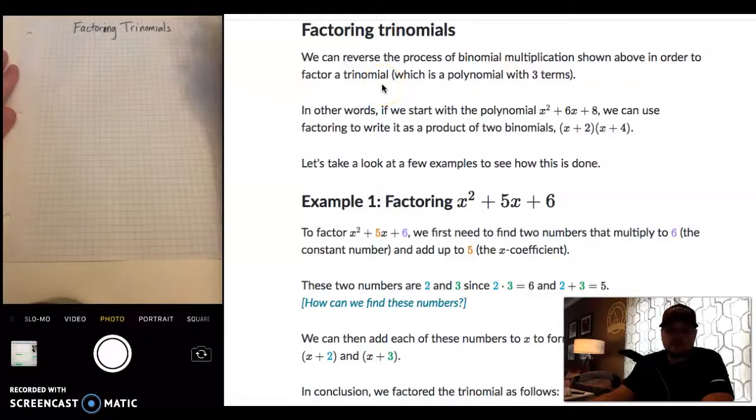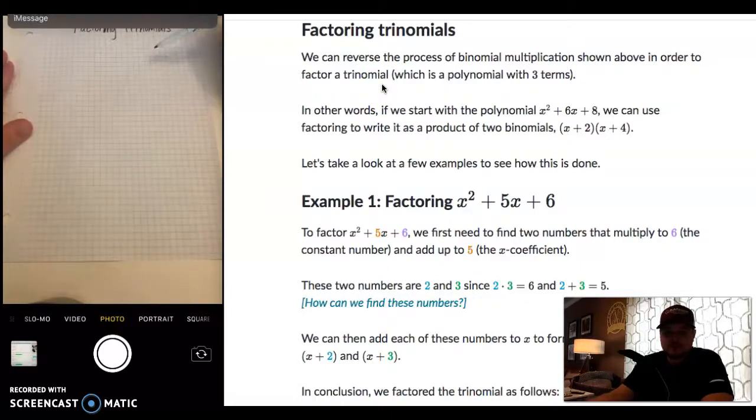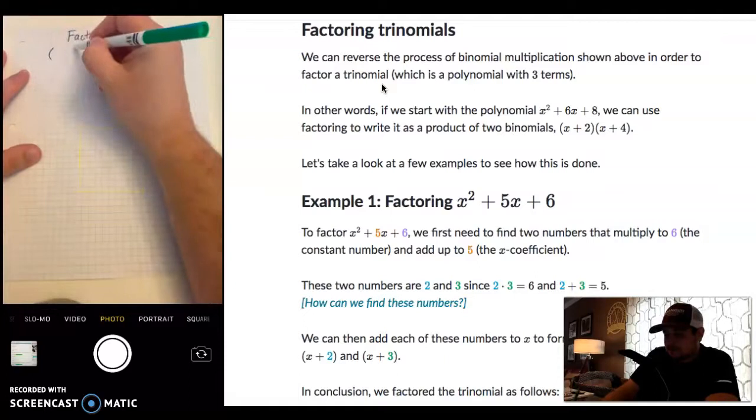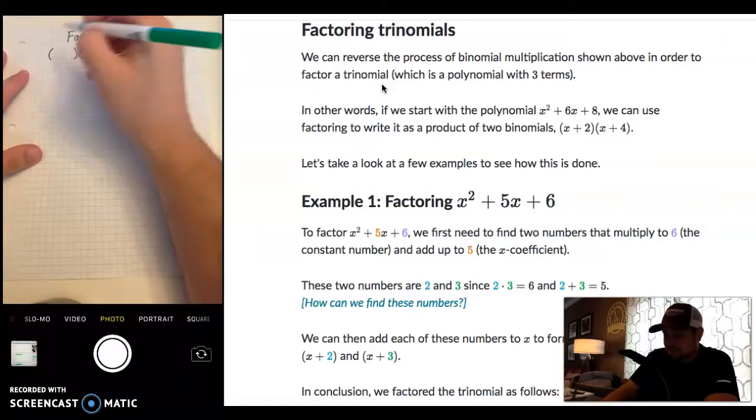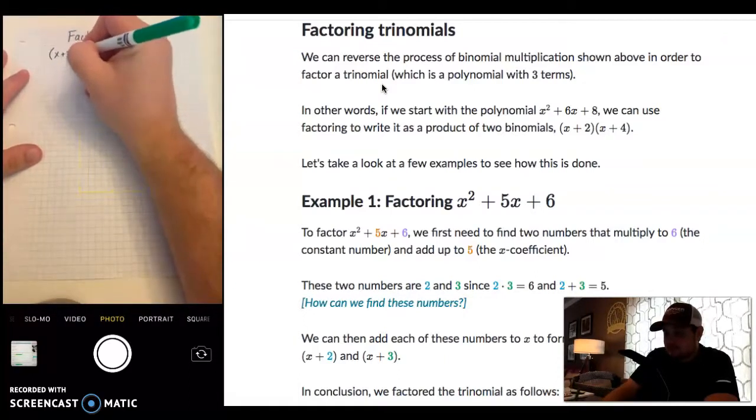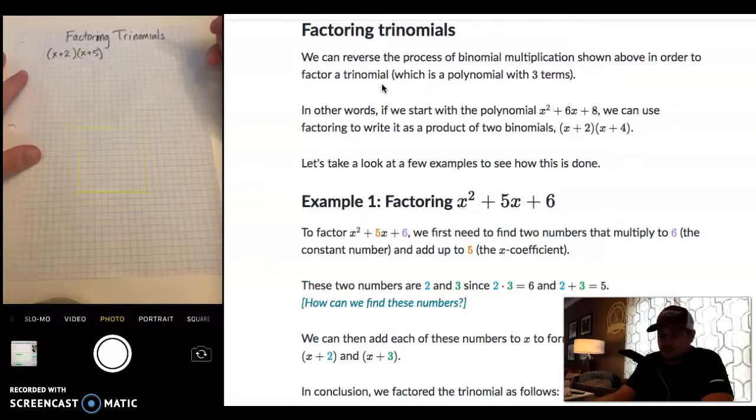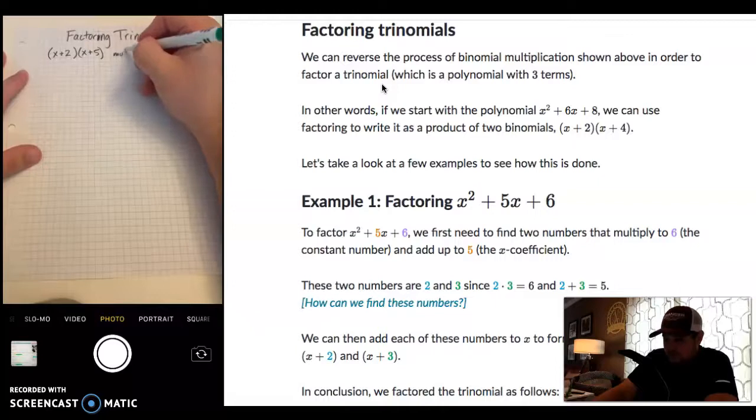Okay, guys, the next thing that we are going to learn is factoring trinomials. All right, so this is doing the opposite of what we did in the previous assignment. In the previous assignment, we took two binomials, two things that looked like this, something like x plus 2 and x plus 5, and we would multiply